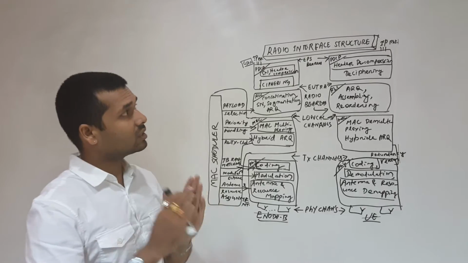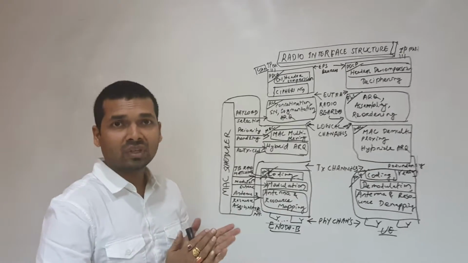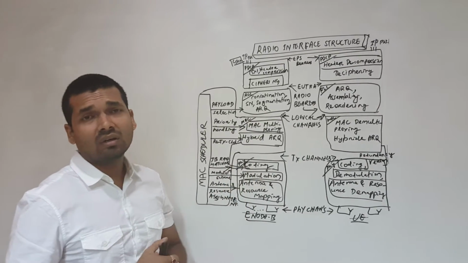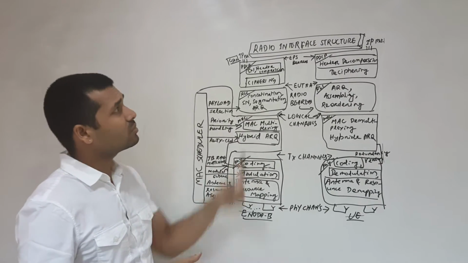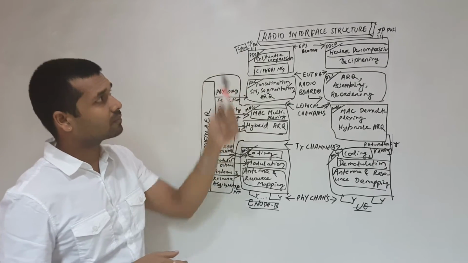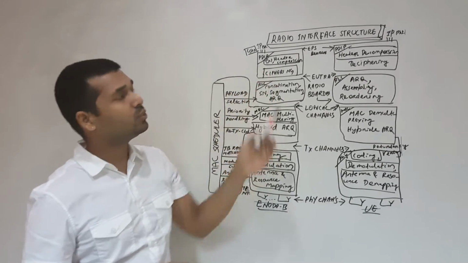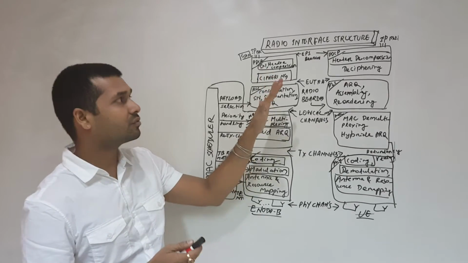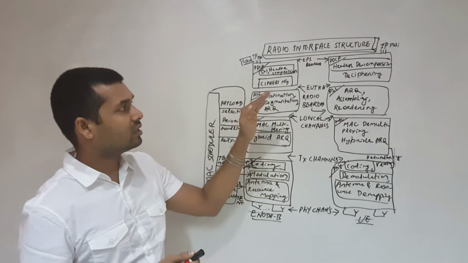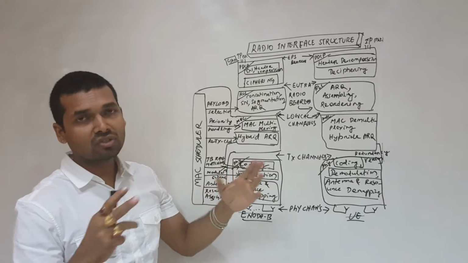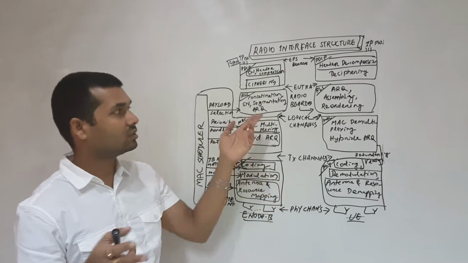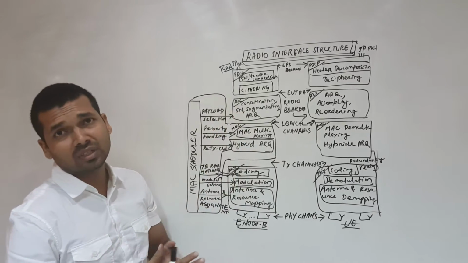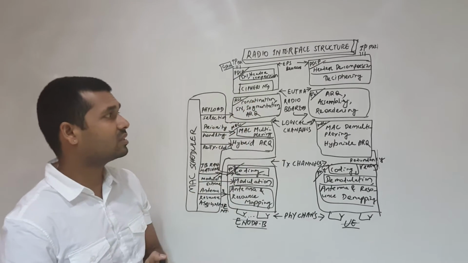This is basically the user plane description, how the user plane works, like how we receive the information. So I've just taken the example of one user. In the PDCP layer, we do the header compression and ciphering. Then in the RLC layer, we do the concatenation of the data, the segmentation of the data, and the automatic repeat request. That is the function of the RLC layer.